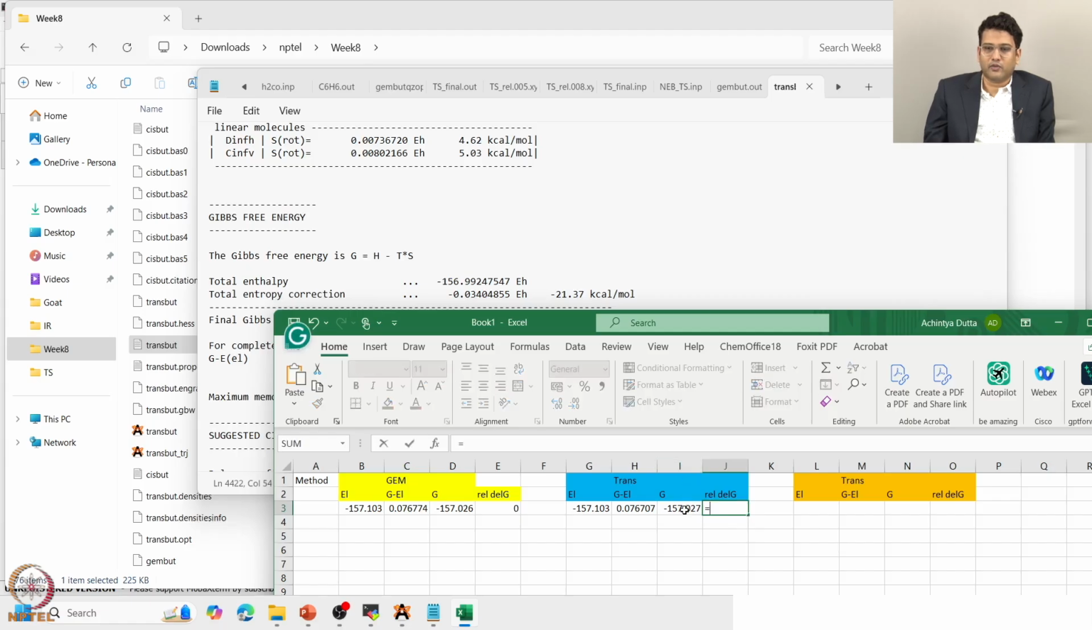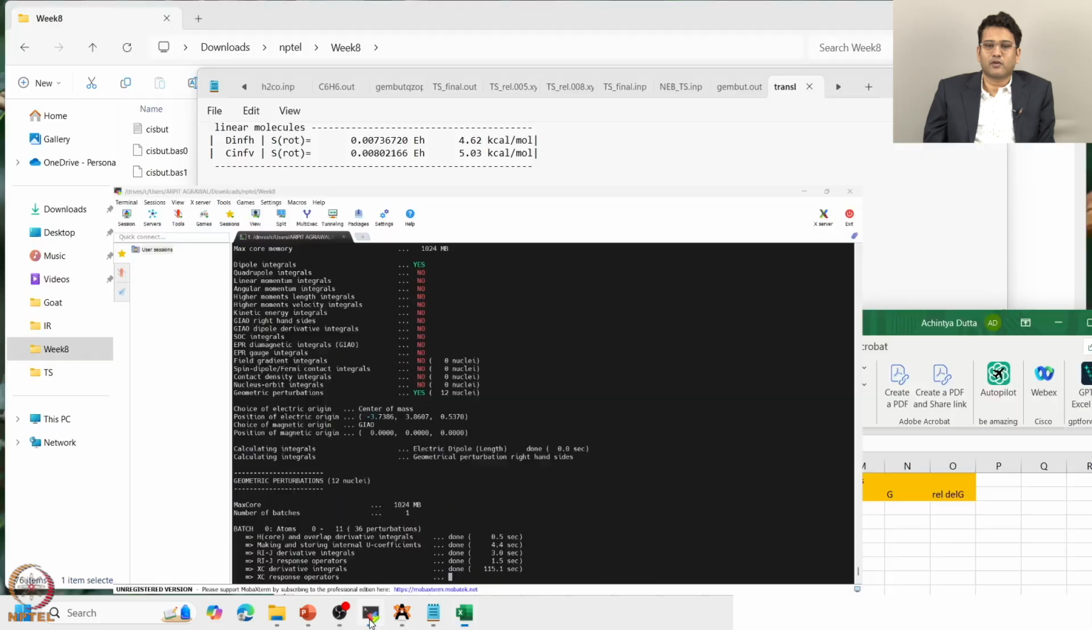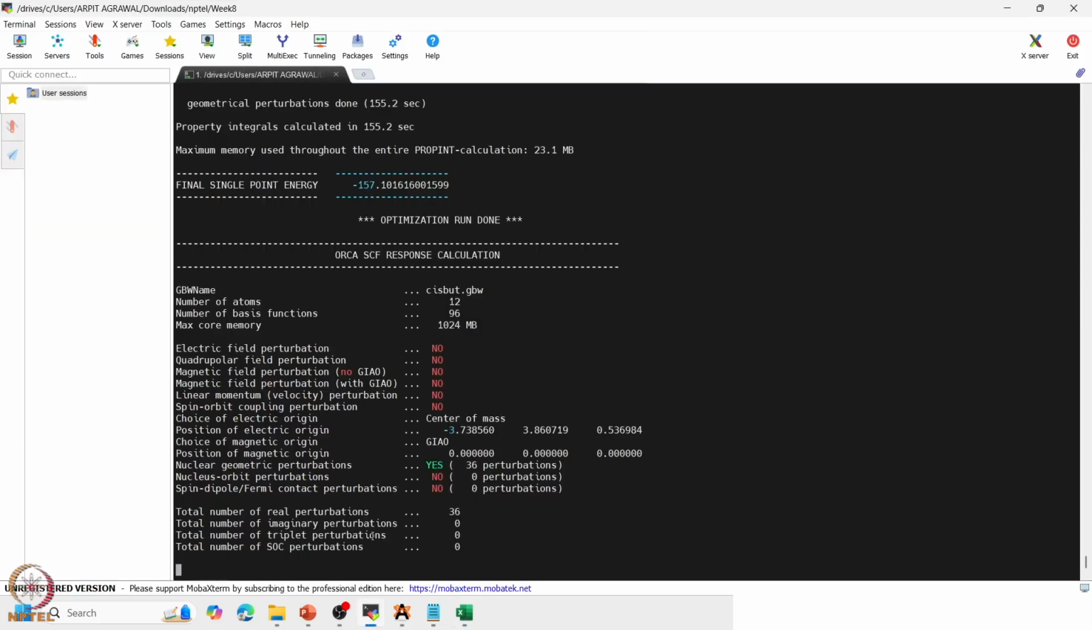And if I want to consider the relative value, this is this minus this. These are given in kilojoule per mole, so we will convert it, but let us first, before this cis job is running, let the cis job get finished and